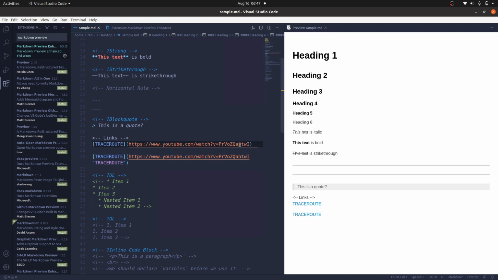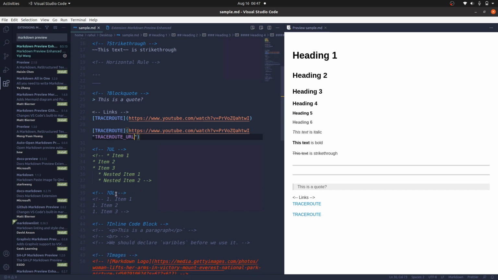And I have given a double quote alongside the URL, so that if I hover over it, it will display the name, that is traceroute. Now if I change the name, such as traceroute URL, then it will show the same.